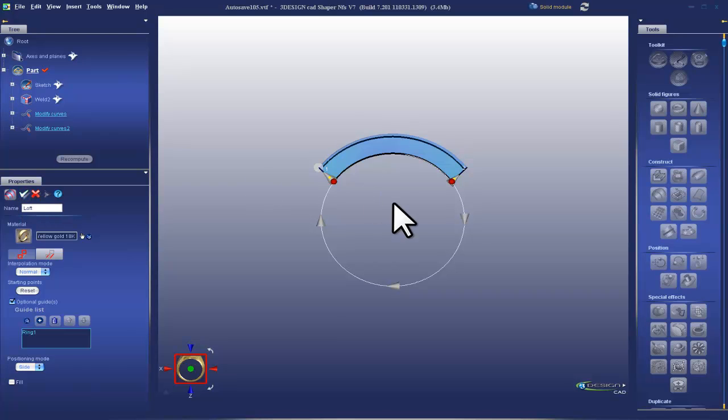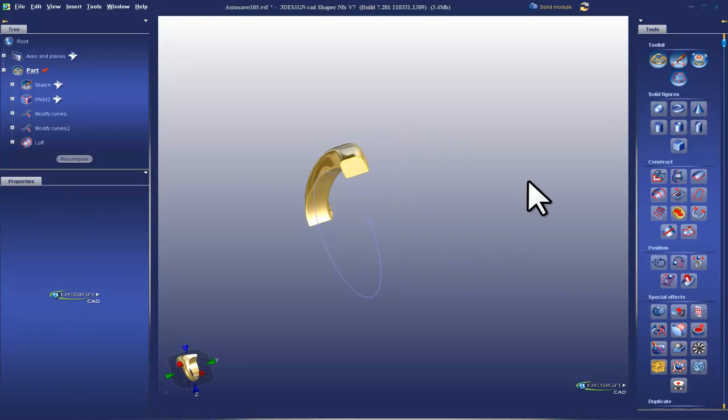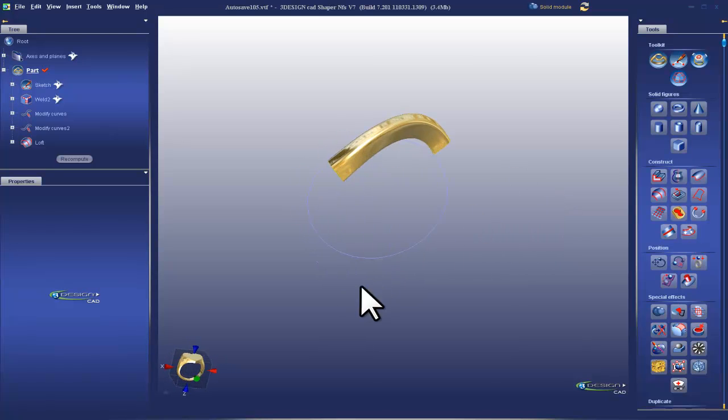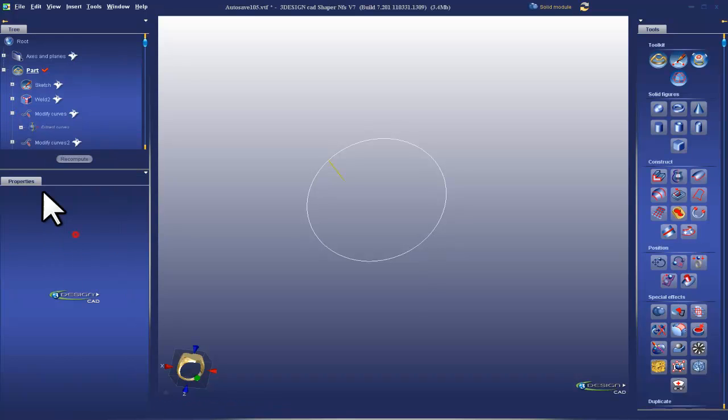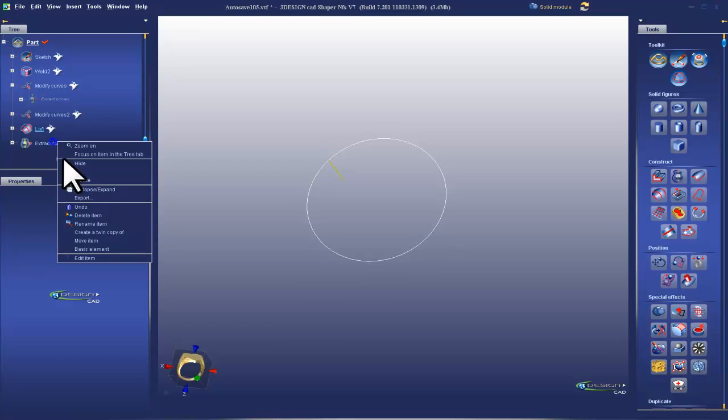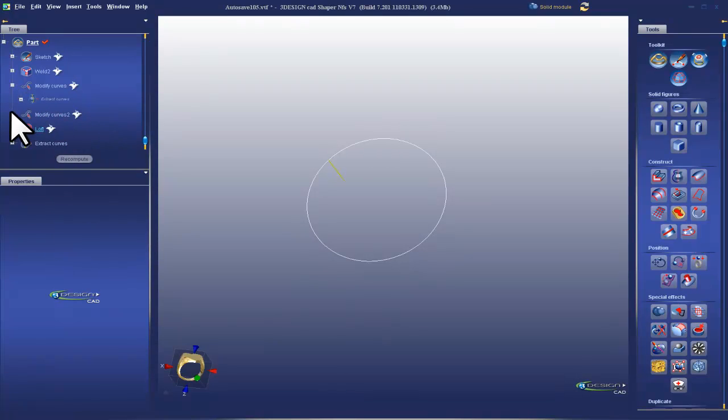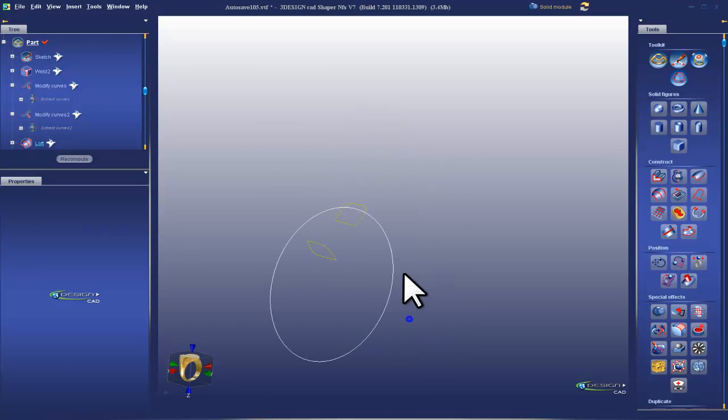And we'll validate. And it comes in as a solid piece. Now just to show you what would have happened, I'm going to hide the modify, and I'm going to bring back the extract. Okay, so now I have my two original extract curves, and I'll show you what a not so good loft